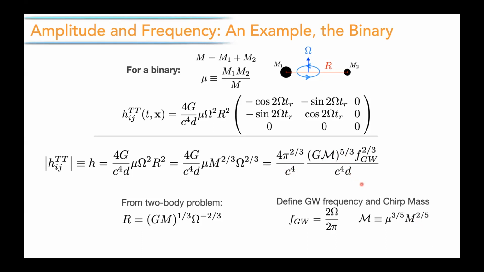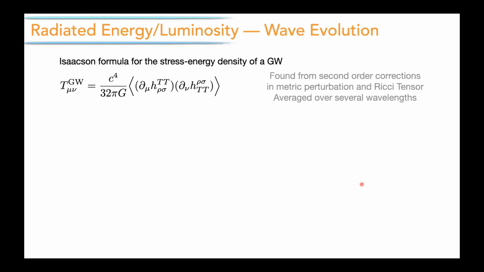And so this is just a convenient form that I use often if you want to talk about sources that have some chirp mass, and you have a measurable gravitational wave frequency. We'll probably get back to that in a moment. But okay, so you can do that. I just wanted to show that for now. But let's get back to